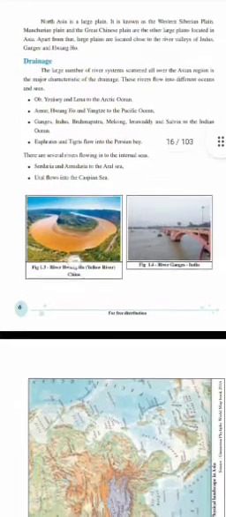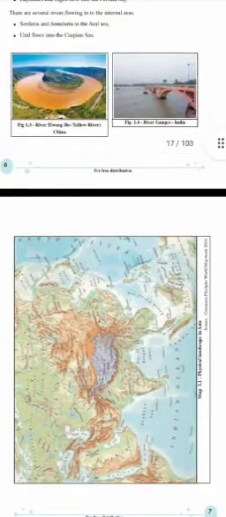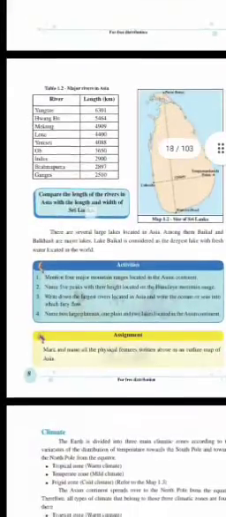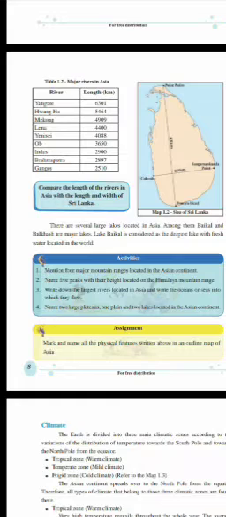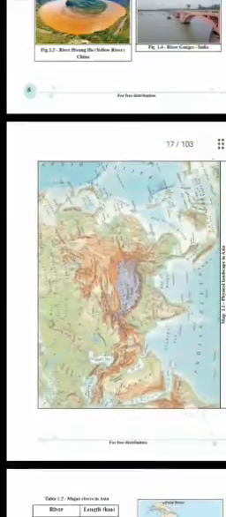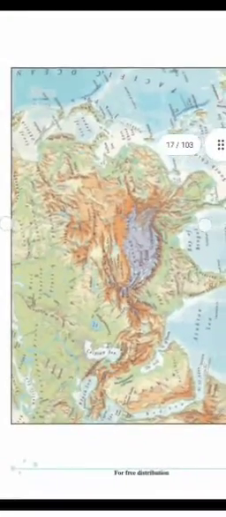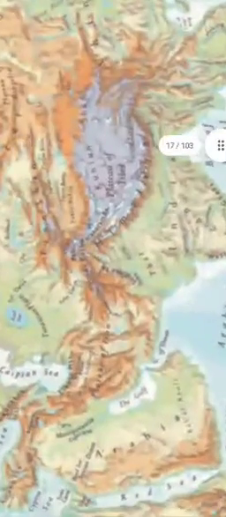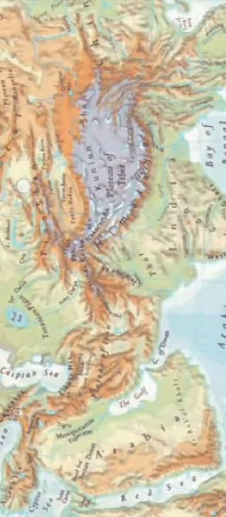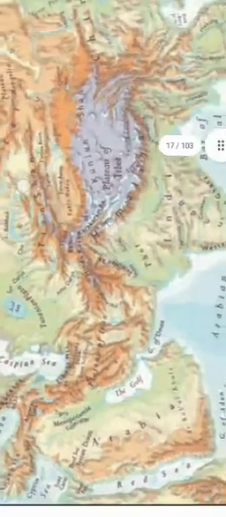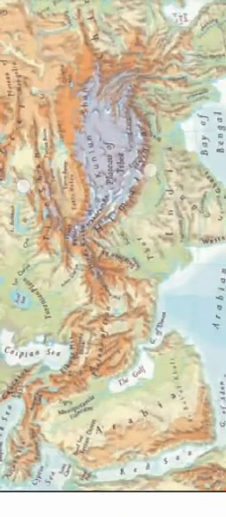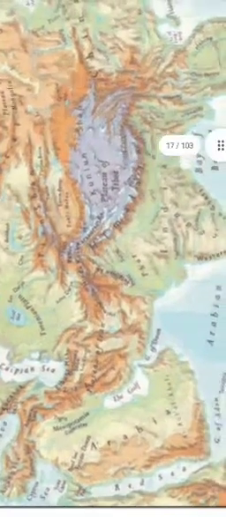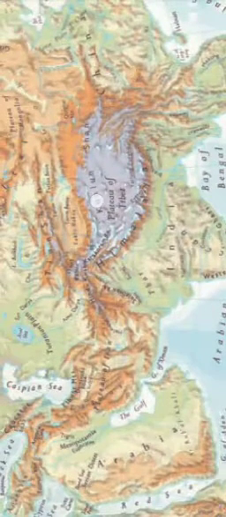So the major rivers in Asia are the Yangtze, Huanghe, Mekong, Lena, Yenisei, Ob, Indus, Brahmaputra, and Ganges. In this map, you can see the Thar Desert, the Tibet Plateau, and the Himalayan mountain range in here, and Kunlun